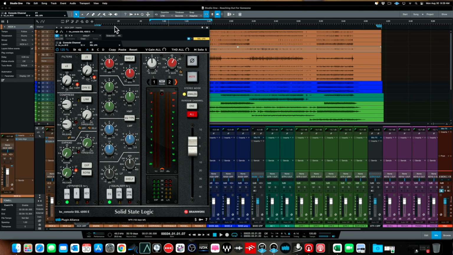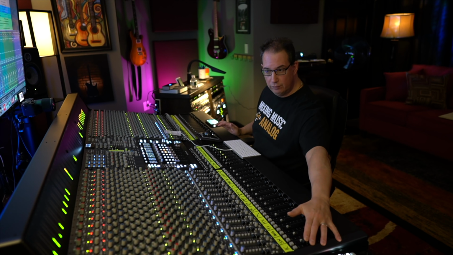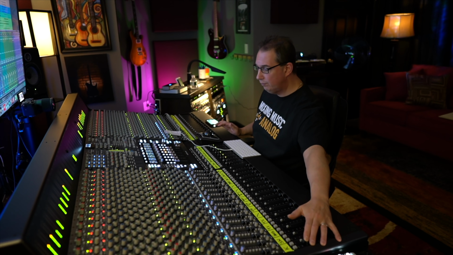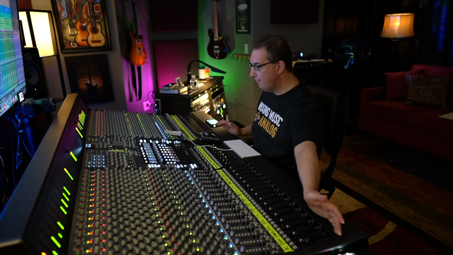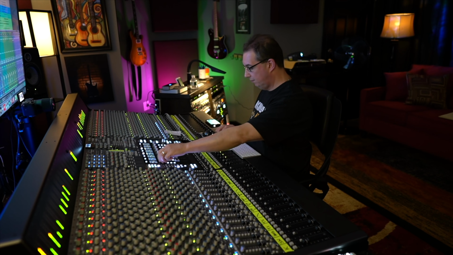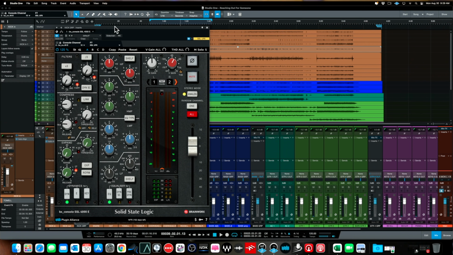So if I just start playing back this kick here. And all my transport controls are also here on the UF8. So we have our release here, or first our ratio here. You can see as I'm turning this, we're going to go about a 2-to-1 ratio. We have our release here as well. We're going to do a pretty fast release on drums.